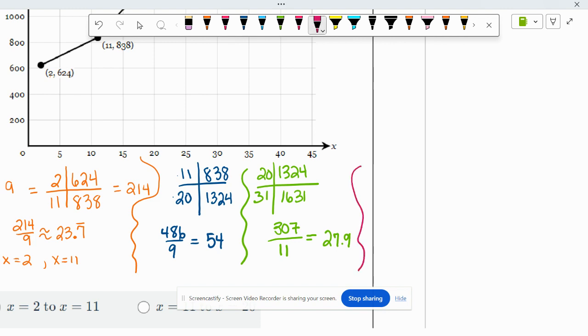Okay. Last one. The interval starts at 31. When x is 31, I know that my output is